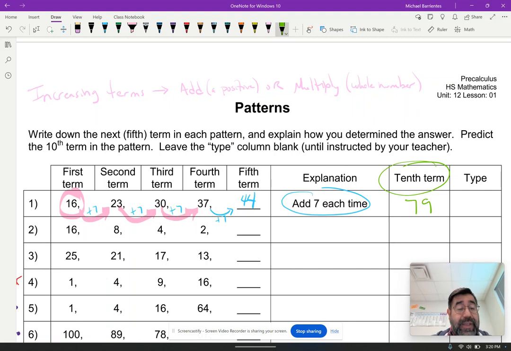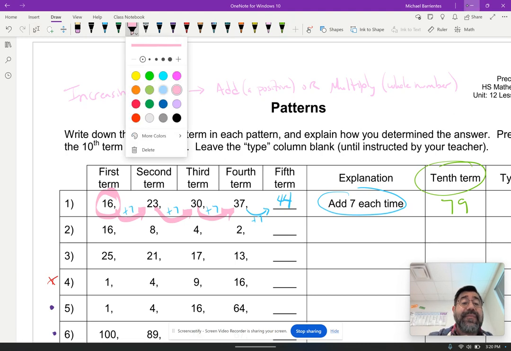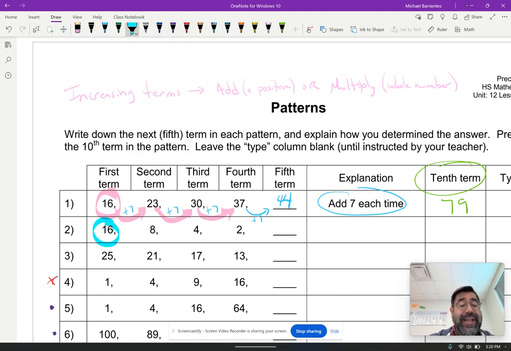Okay. So then when I look at number 2, I notice that this is a sequence or an ordered list of terms that also starts with 16. But this time, the second number is not bigger, it's actually smaller. And so what we can say is decreasing terms